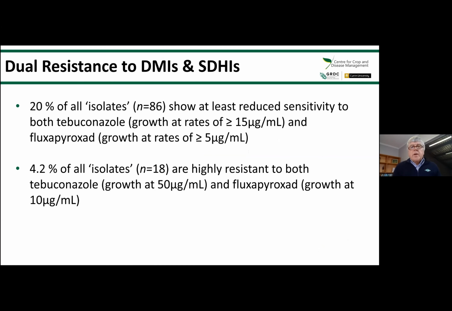We know from those same isolates that 20% of those isolates actually showed reduced sensitivity to both the SDHIs and the DMIs. So that means that when it comes to form of net blotch in the high rainfall zone, let's be really monitoring our crops closely, because we need to be aware of these changes that have occurred in SA this last